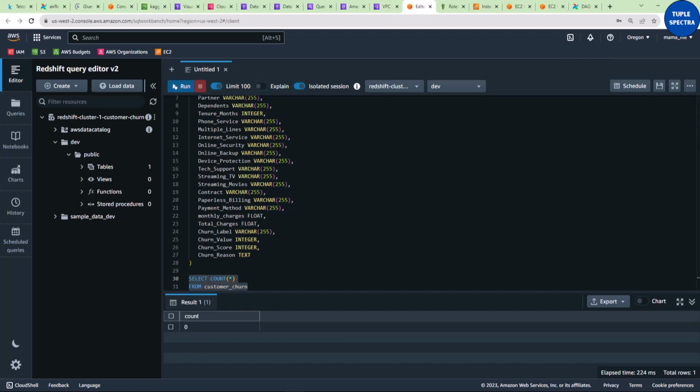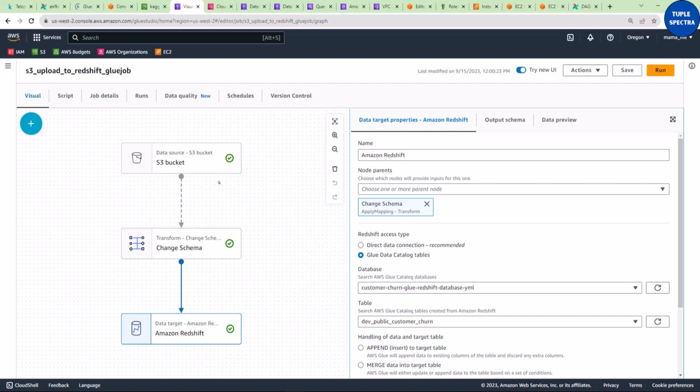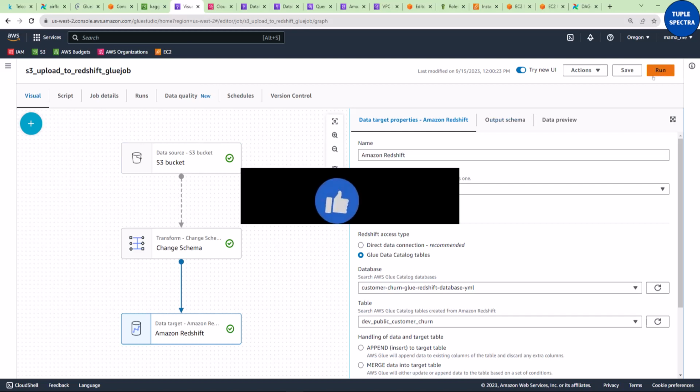If I click run, you can see right here now that the number of our rows is 29, unlike before when we had 0 rows. Remember that right now we only have one data set right here. Very good. I hope you see now that our ETL job is running very well because we triggered it